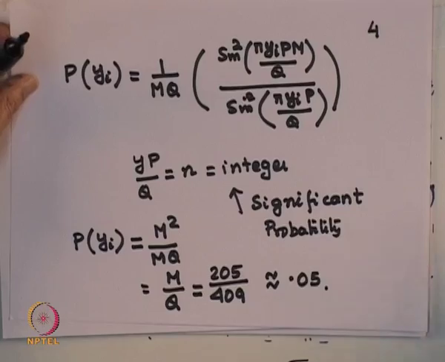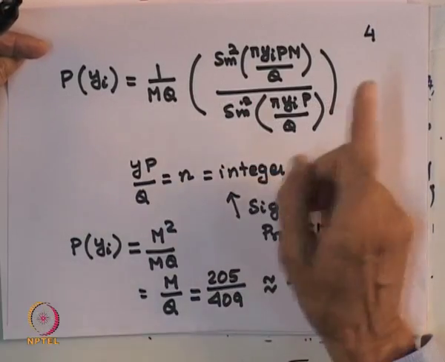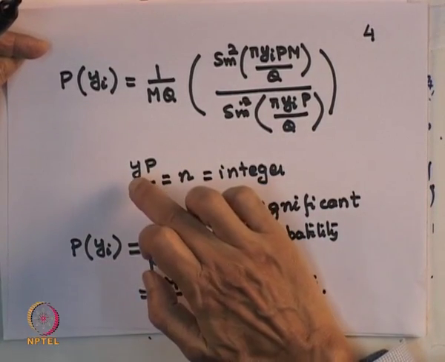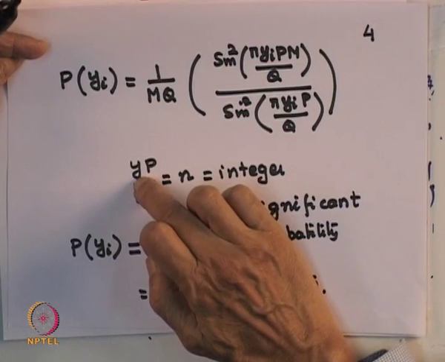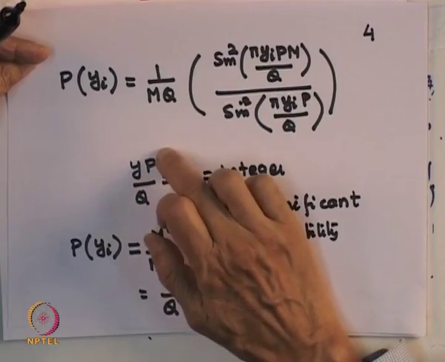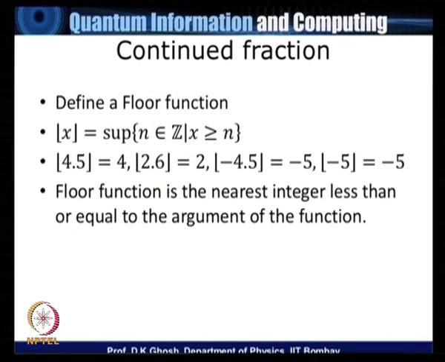So if I want yp by q to be an integer, I need a reasonably smart way of determining what should be the value of p corresponding to a given n. The q is of course known, and having known the values of y which are likely to be projected out when we measure the first register, how do I determine p? There is a reasonably smart and fast way of determining this, and this is known as the method of continued